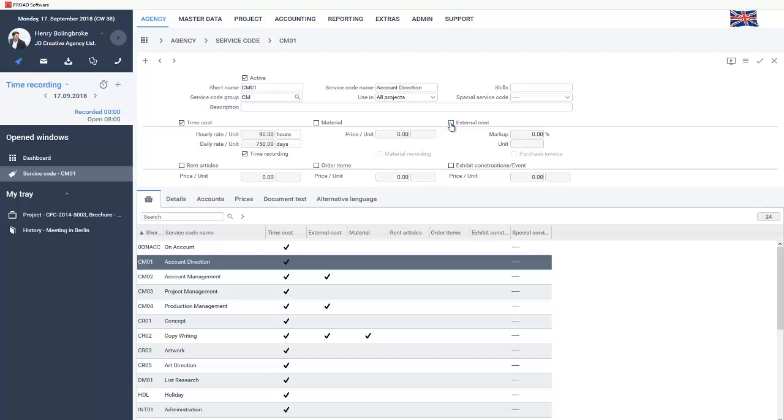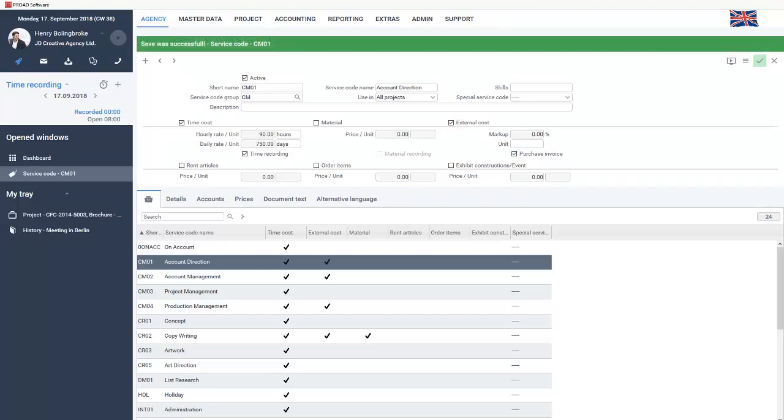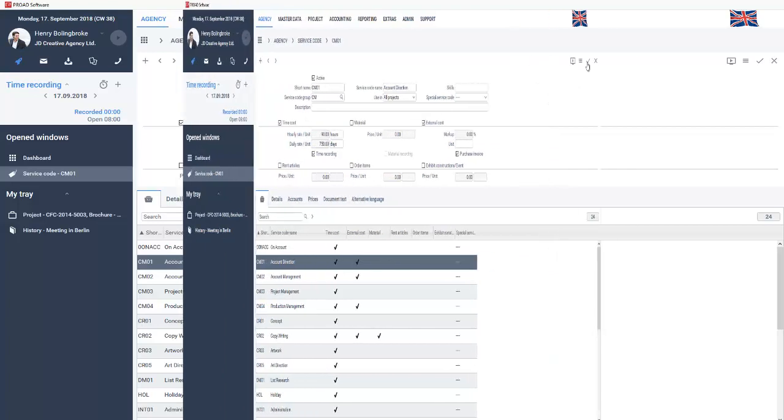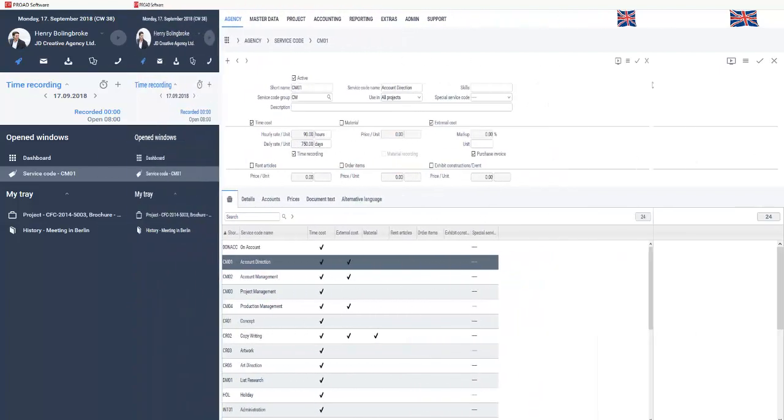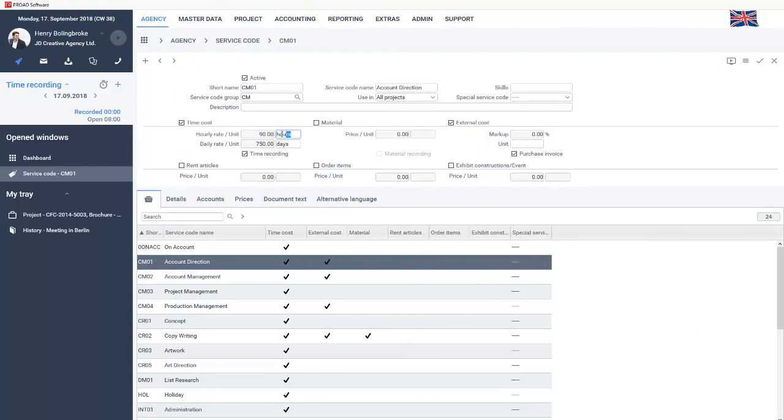Furthermore, you can use the respective checkbox to determine whether the service code is approved for time recording, material entry, or for entering purchase invoices. Of course, it is possible to create a service code with several categories, which applies when you want to perform an activity but also want to buy it. In this basic dialog regarding service codes, you also assign the wording for the respective unit, which is then displayed